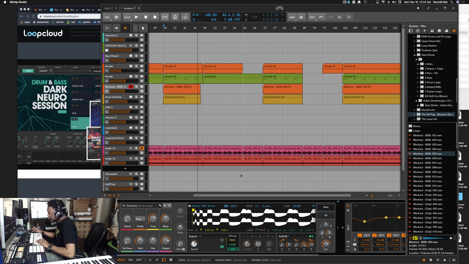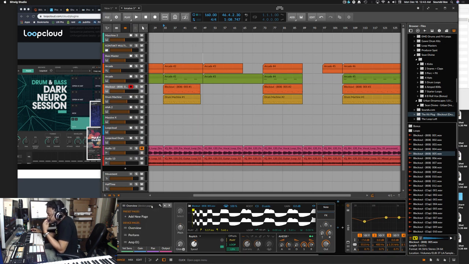Usually I side chain my kicks and my bass, but I forgot how to do that too in Bitwig. Because when I learned how to do it, it was a couple of projects that I was like, oh, okay, that's simple, I could do that.